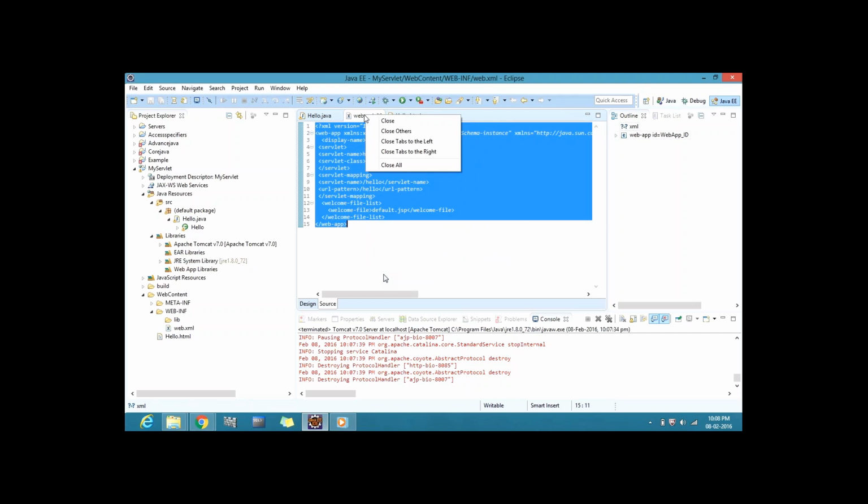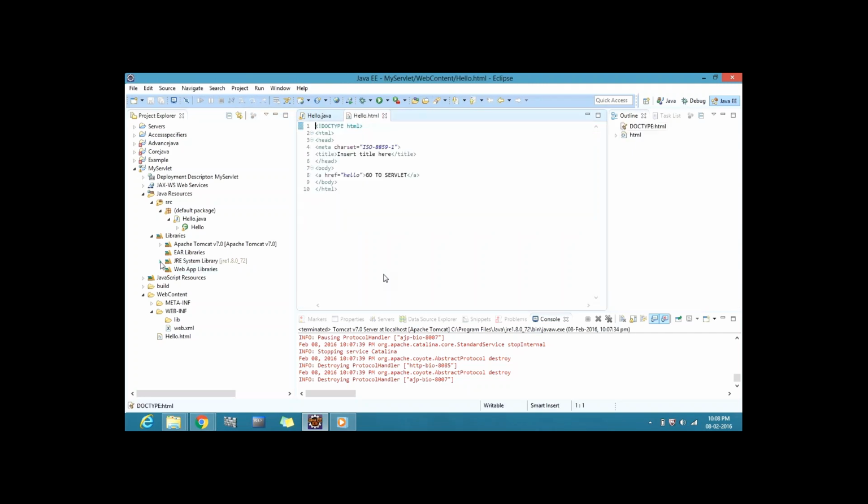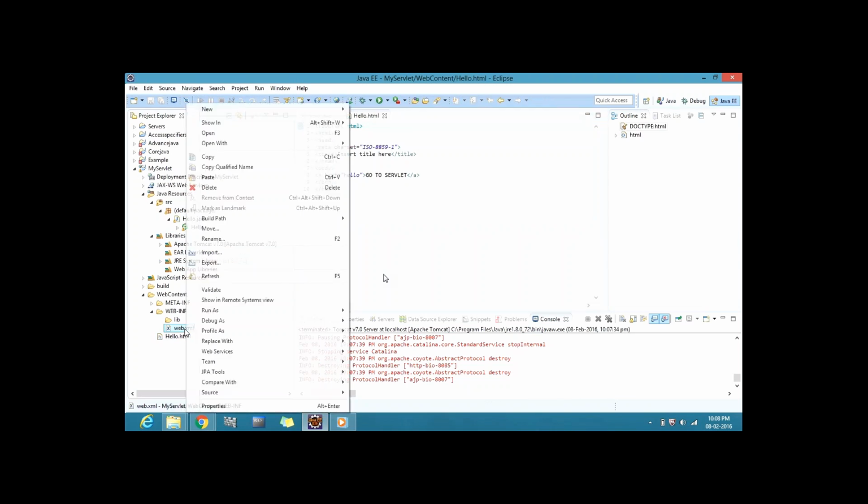Not there. Close it. Delete this. Right click here, web.xml, bottom. Delete it.